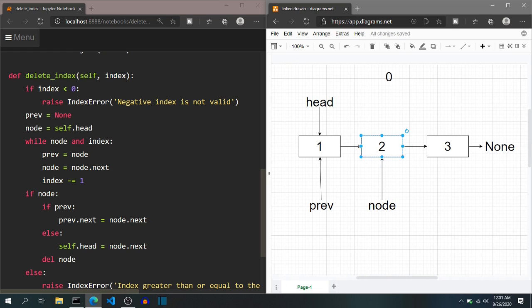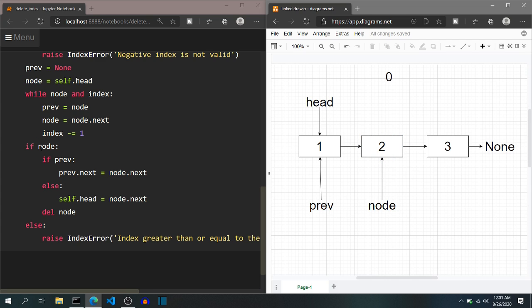Again, the while condition will check while node is not none, it is pointing to a not none value, but index has become 0. So because of the AND operator, one of the conditions becomes false, so everything becomes false, and it will exit out of the while loop. And as you can see that the node is pointing to that node that we want to delete, so it will check which of the two conditions was responsible for breaking this while loop. So it now knows that node was not none, so it was the index, that is we have reached the index. It will check if there is a previous node. Yes, the previous node is there, so previous dot next, that is this arrow will point to node.next, that is node 3.